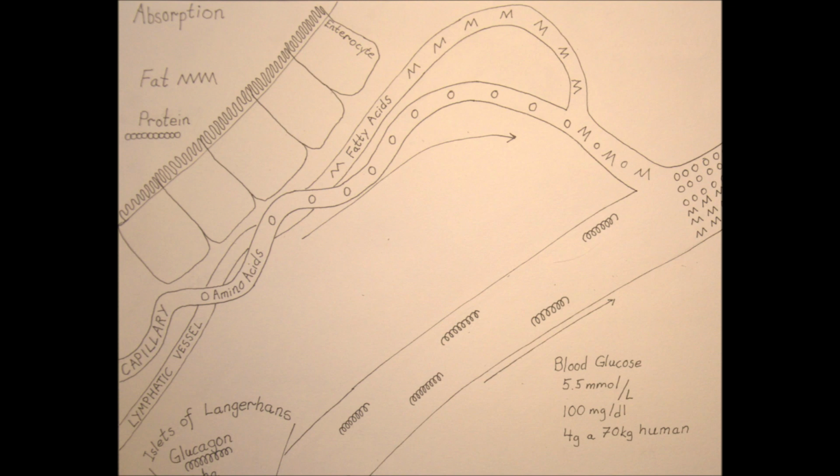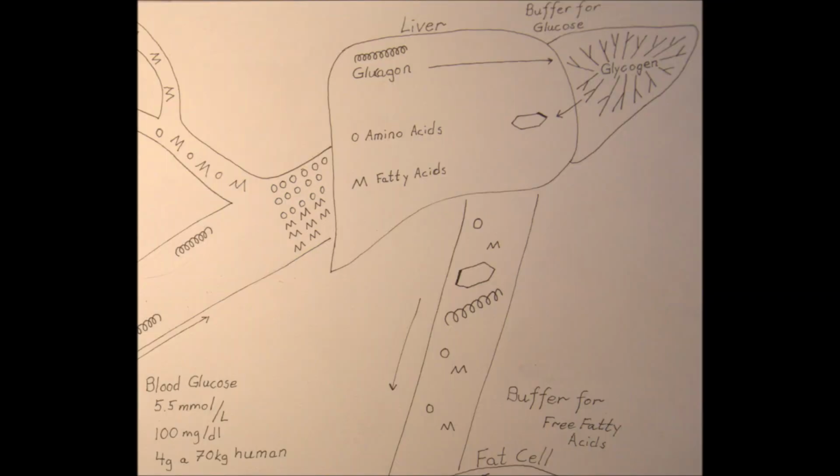The pancreas is sending out glucagon to defend the blood glucose of 5.5. The fat and protein are coming to the liver. The glucagon is retrieving glucose from the storage glycogen and letting it out in the bloodstream to defend the blood